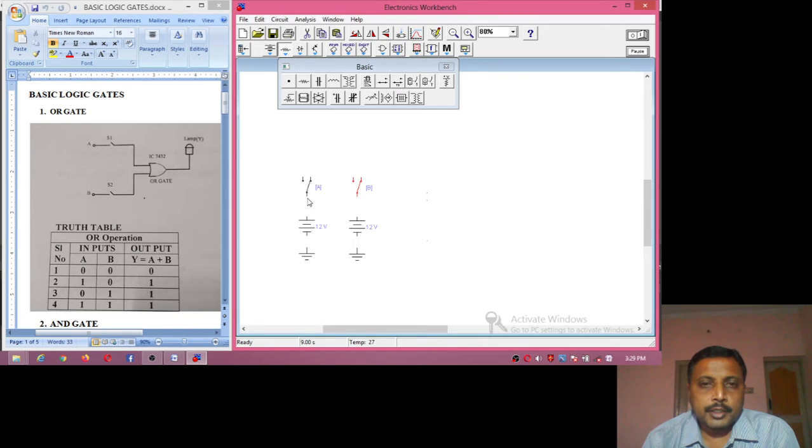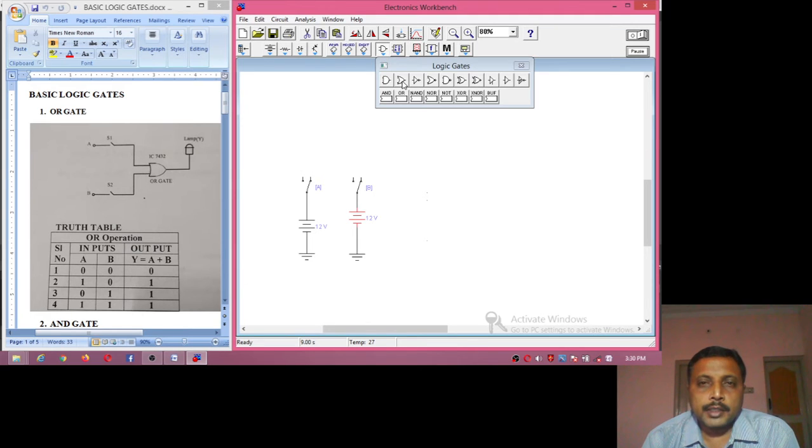Now let us provide the connections from the switch to the battery and battery to the ground. Just keep the cursor there, it points, so drag that line to the input of the next one. So battery to switch.